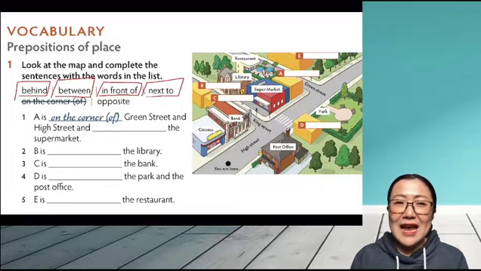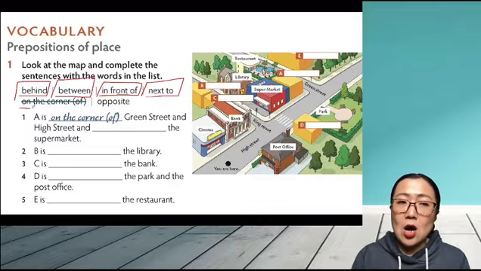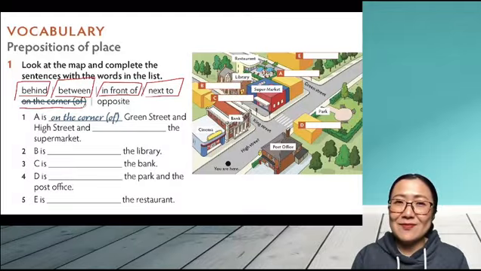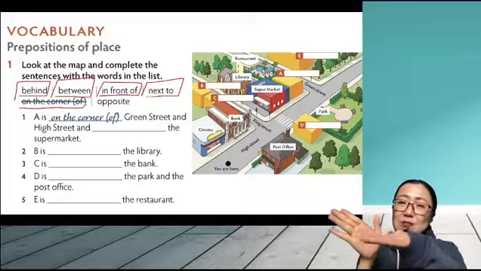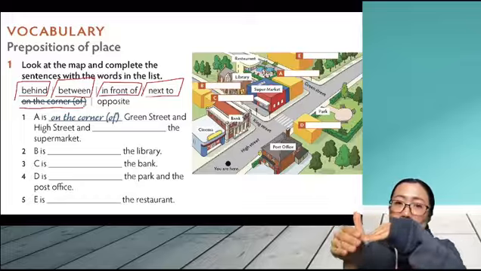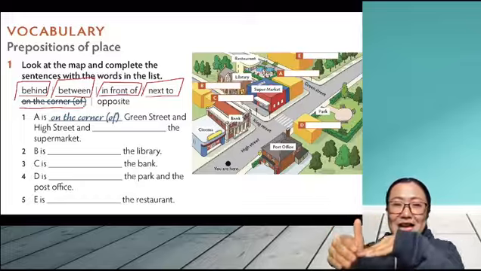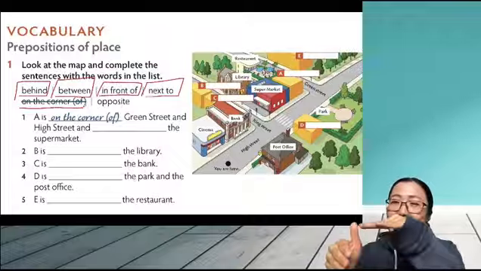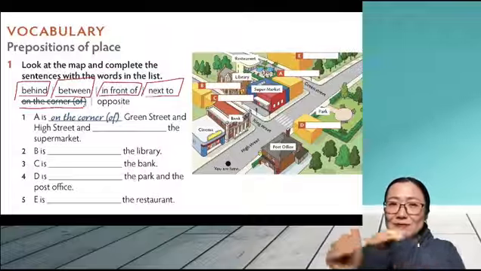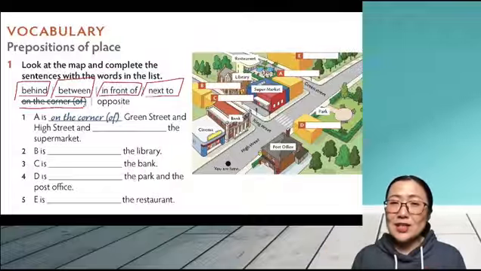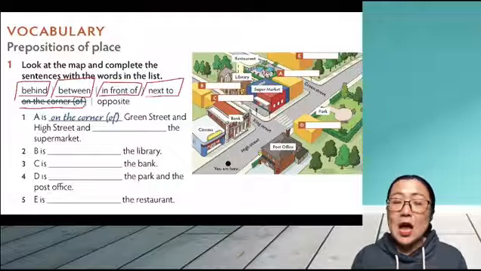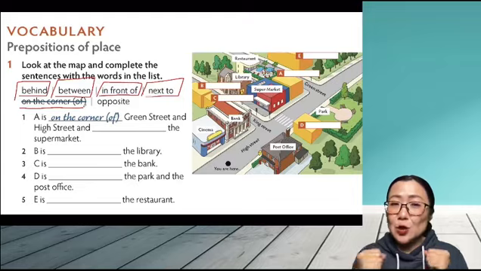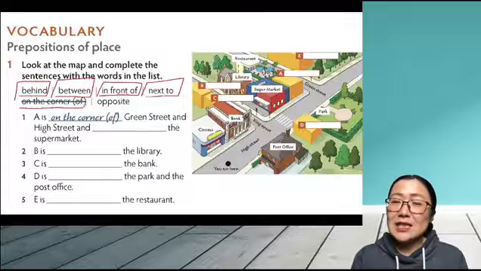Next to. And this one is on the corner of something. That means this place is on the corner of two streets, right? 那么 on the corner of 就表示在什么什么的拐角处。And opposite, what is opposite? Opposite, that means across from. Okay? Opposite 表示在什么什么的对面。